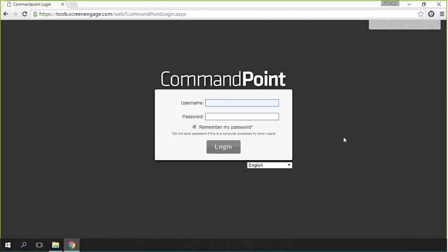So once you have your digital signage player plugged in and connected to the internet, the next step is you're going to start to add content to that player so that it runs on your digital sign. And so you're going to start by going to